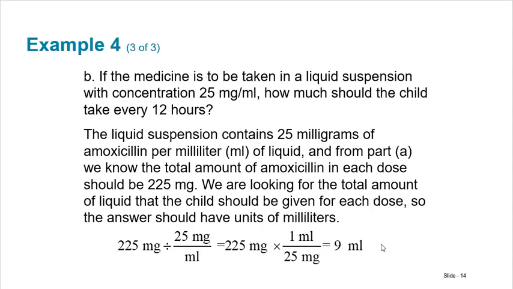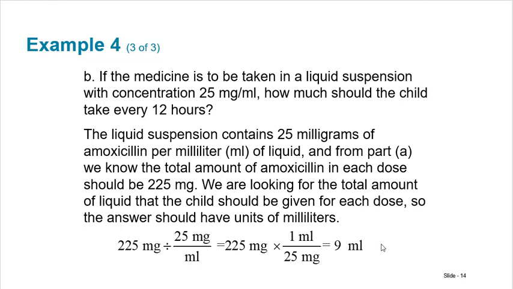Well, you call down to the pharmacy and you get some liquid amoxicillin, and they're not going to give you pure amoxicillin. It comes in a mixture. It comes in a suspension, right? And in that suspension, there's 25 milligrams of amoxicillin per milliliter of the liquid. The rest of the liquid is probably like a saline kind of solution. So now we need to figure out how much of that liquid we need to give the child every 12 hours. If they need 225 milligrams and there's only 25 milligrams per milliliter of the liquid,